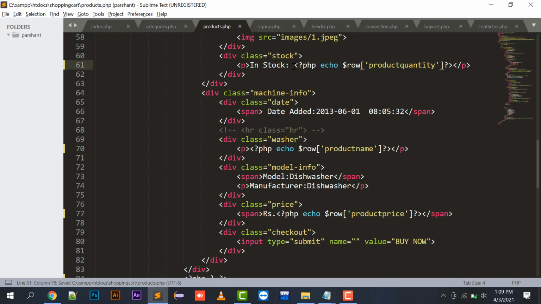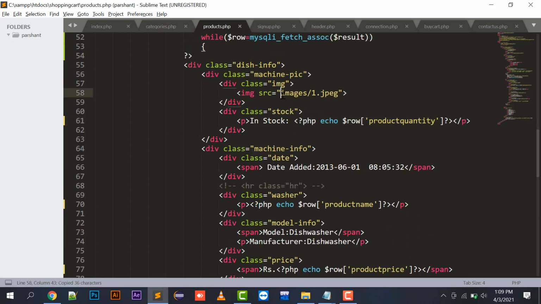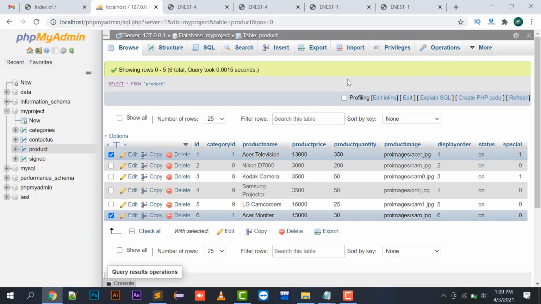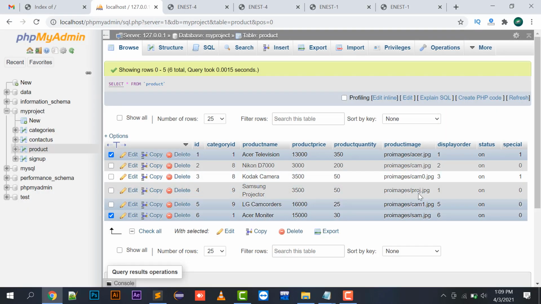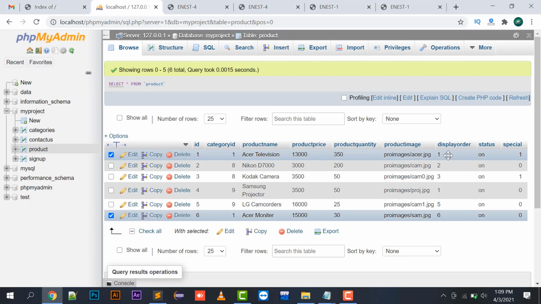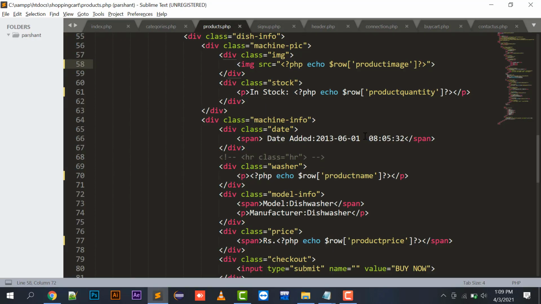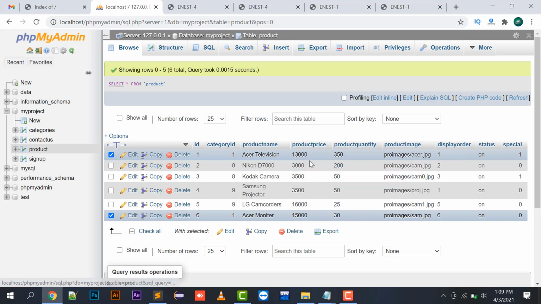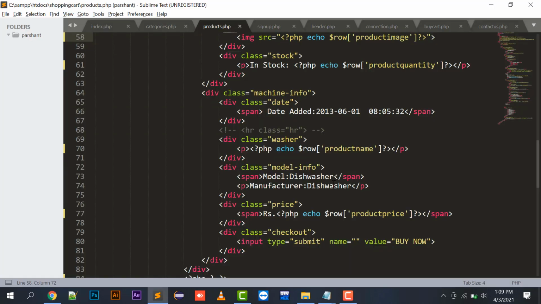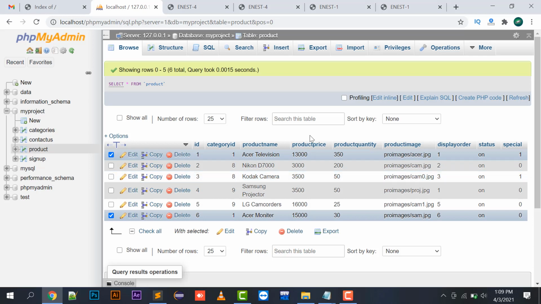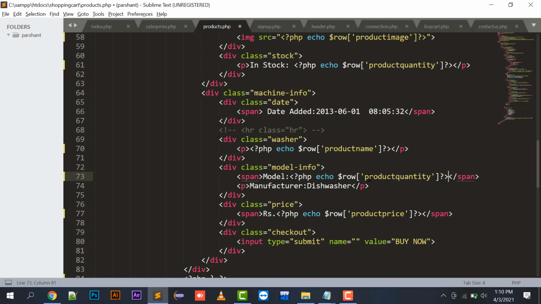And now it's the turn of product image. So here I will put product image, then date added. I don't have any such field in my database right now, so I will leave it as such. And if you have any field of model or manufacturer in your database, you can display it as well. Right now I'm just going to display the product name.